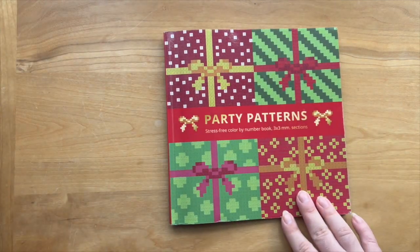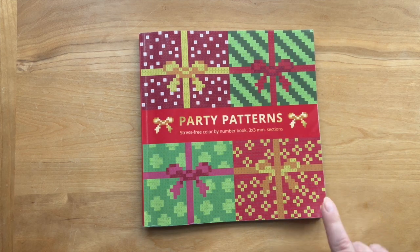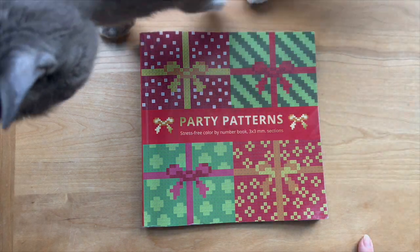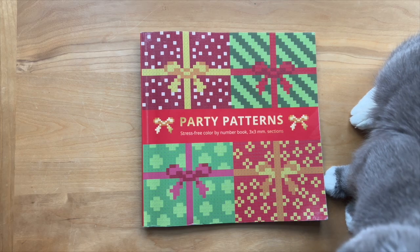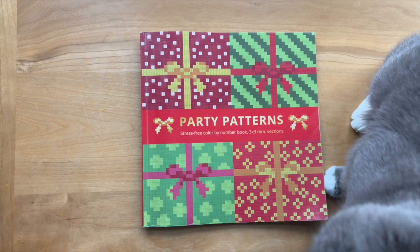And then the third and last book that I colored in was my Party Patterns by Belva Family. So I'm super duper close to finishing this book. And I was actually hoping, oh, here comes the cat. Hello, Tillies. So I was really, really hoping to finish this book this month, but my travel didn't go as